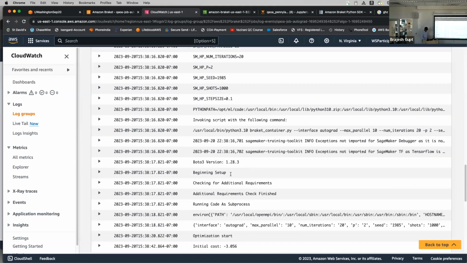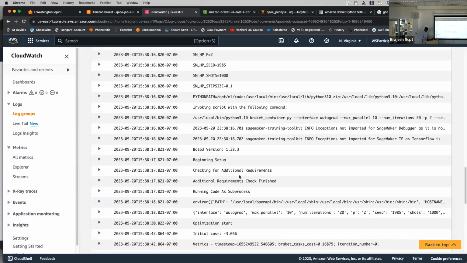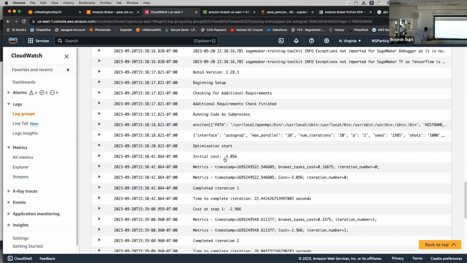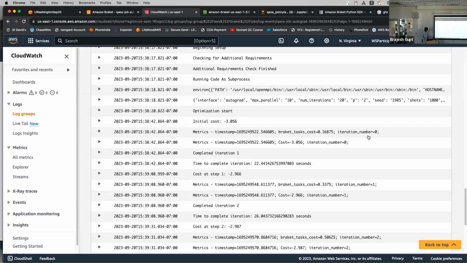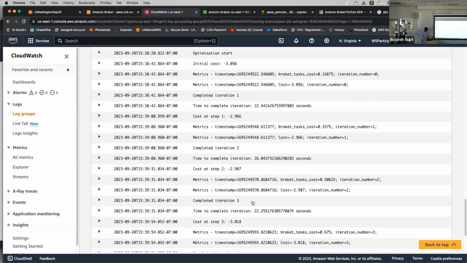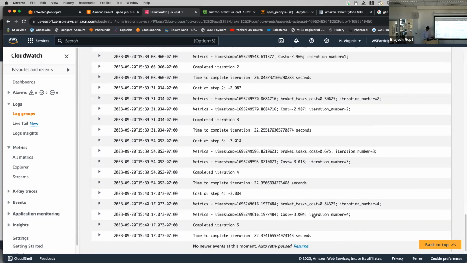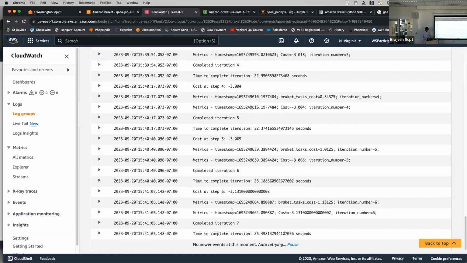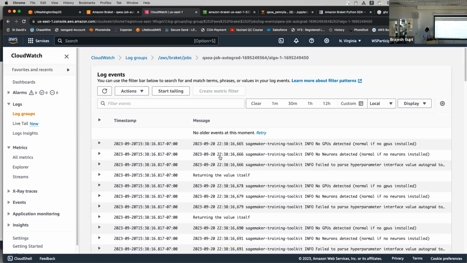Then all the log, basically the beginning step, setup, initial cost function is -3 point and so on. The iteration number 0, this is completed, iteration number 1, 2, 3, 4, and now it's progressing. So if you click on resume, it will give you the most updated information up here. Okay. Now if you go back